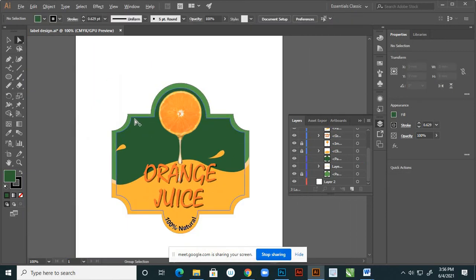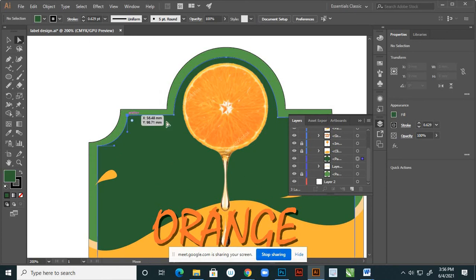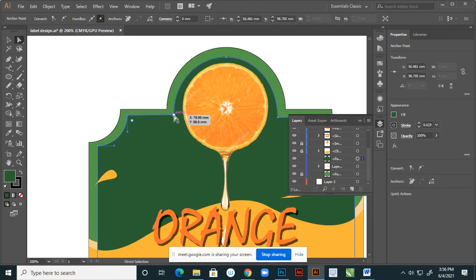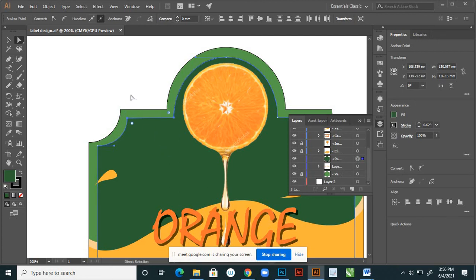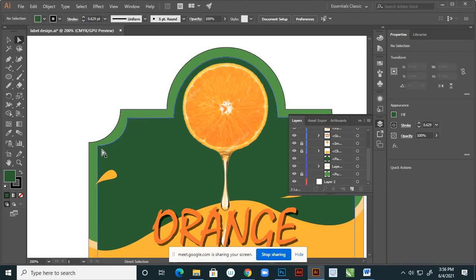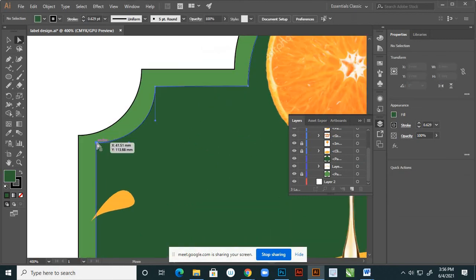Perfect. The same way here also, I select these 2 points by direct selection tool, and I'm applying a down arrow, right? So now this point, select this one,